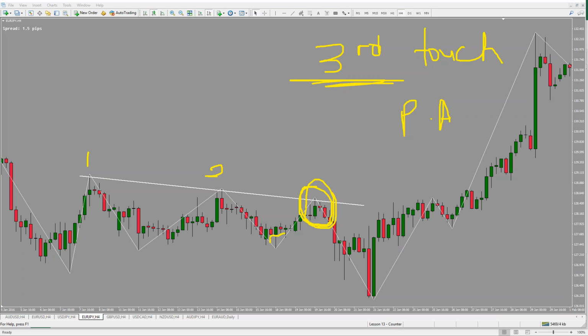All right, if we're all okay with it, I'm just going to apply the principles. If you're not, what you need to do is go back and have a look at the price action strategy. This is a method which is building on something else so that you understand how to trigger the trades. Okay, so what I'm going to do is I will be looking for any price action candle